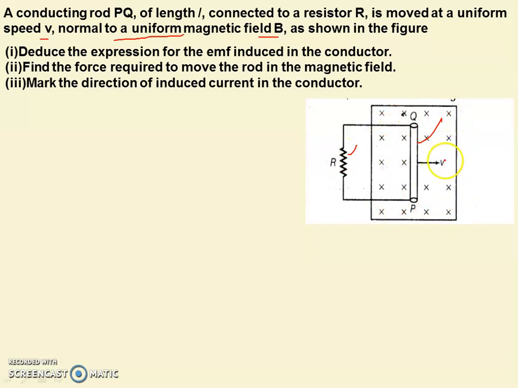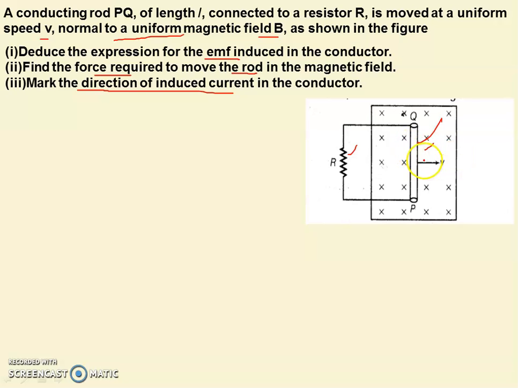Now what will happen if the conductor moves? The induced EMF will be produced, and since it is connected with the resistor, the induced current will also flow in this circuit. Now what do we have to calculate? Number one, deduce the expression for induced EMF. Number two, find the force required to move the rod in the magnetic field. And third, find the direction of induced current. Now students, see,